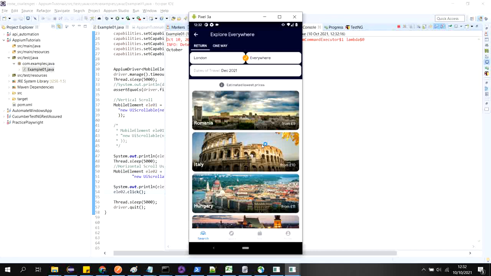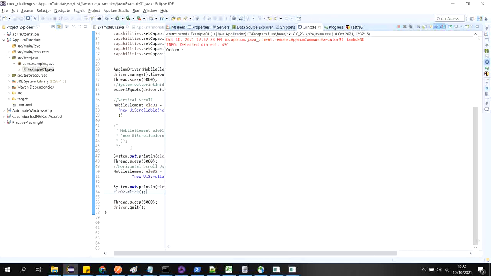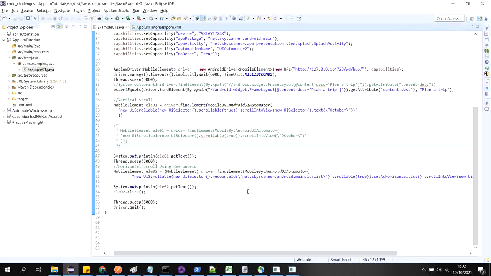So I think it is very easy to write this kind of big string. It looks like a very long string, but it is very easy, just go by the documentation for how they are performing. So what we have learned here: first we have to find the scrollable view, then set that scrollable view. This is my scrollable view.